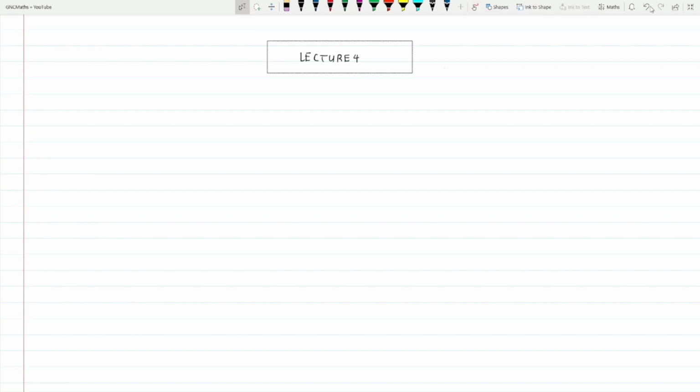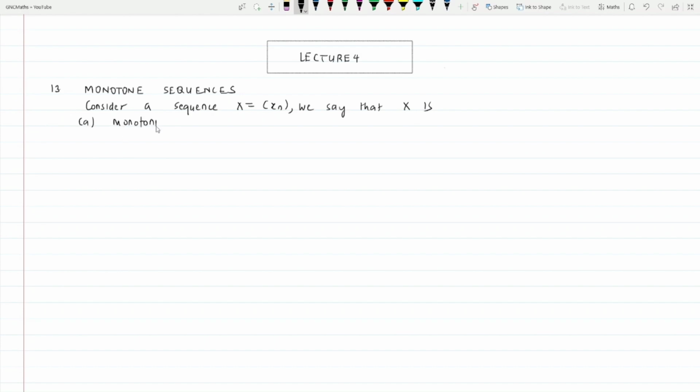In lecture 4, we are going to talk about monotone sequences. Let us start with the definition. So consider a sequence xn. We say that x is monotonic increasing if